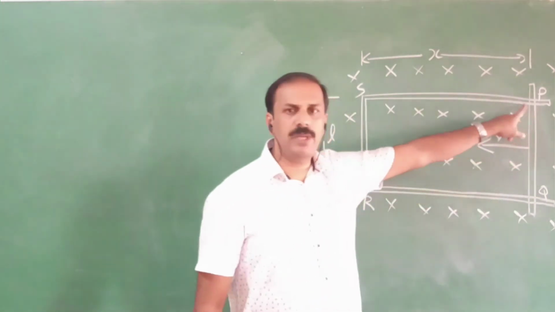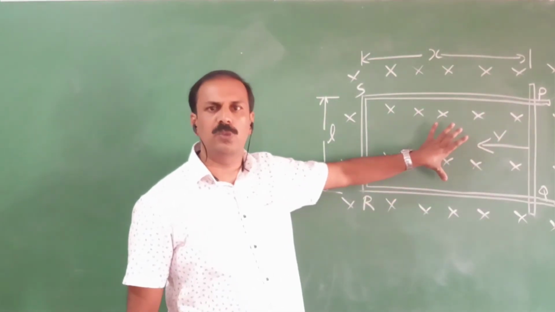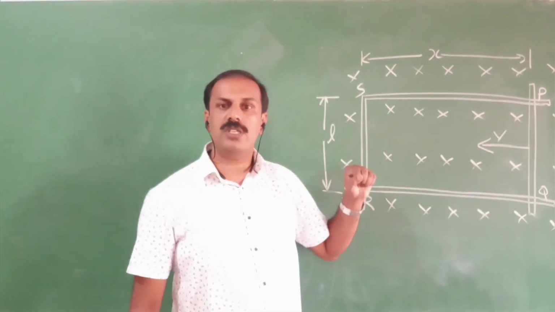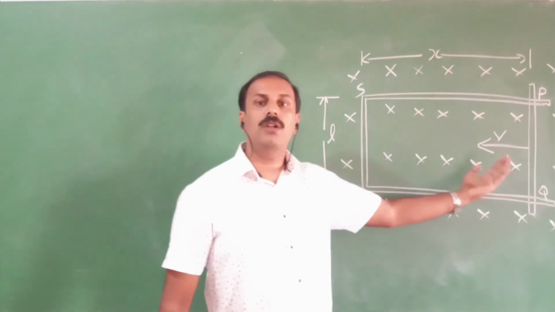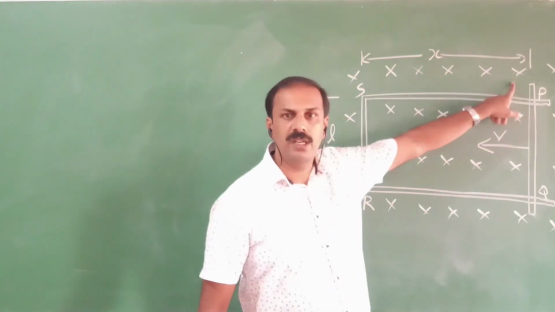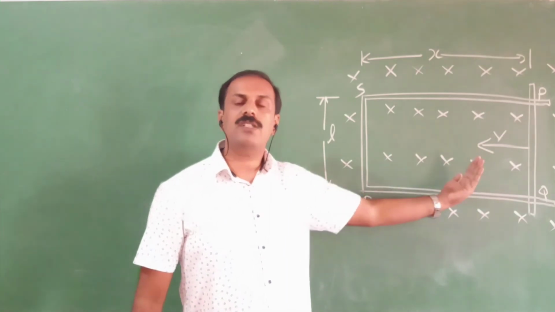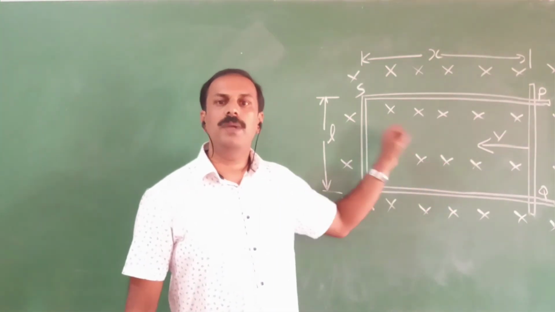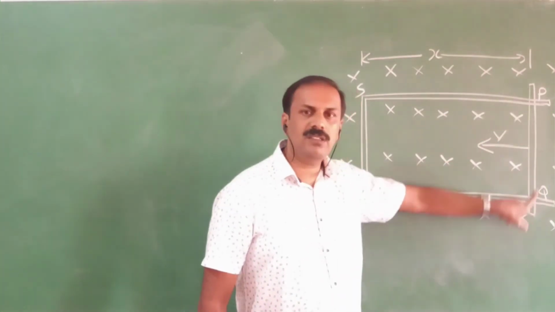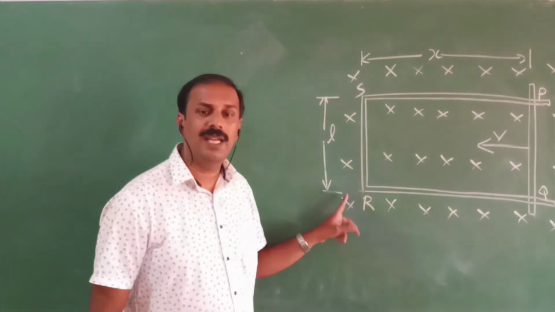So you can see something like a rectangular loop is there, and we have a magnetic flux inside this rectangular loop. When the rod is sliding toward this side, the size of the rectangular loop reduces, the area of that will reduce. So there will be a change in the flux. You can see from here it is at a distance x. When it is moving this side with a velocity v, that x is reducing. When x is reducing, there will be an induced EMF. And you can see the length of the rod. We have a little bit of extra length at the bottom and top, but we have to consider only from here to here. So the length of the rod is L.